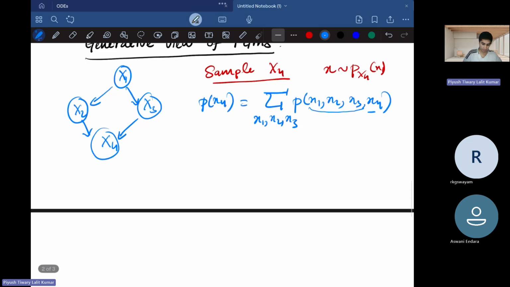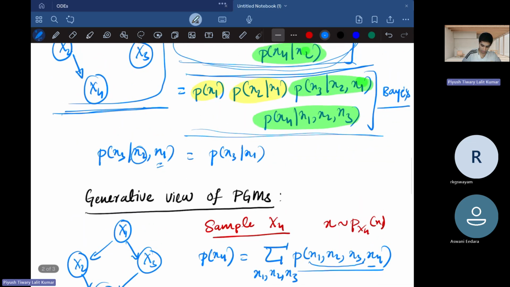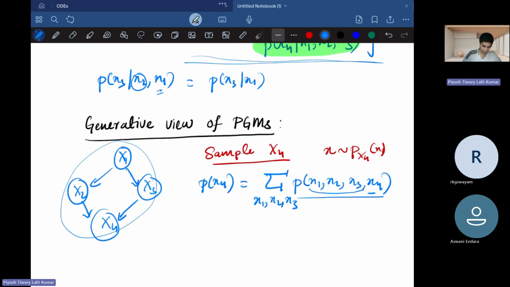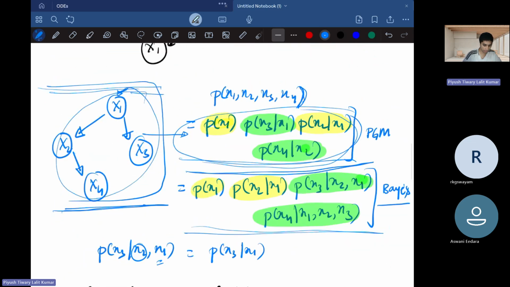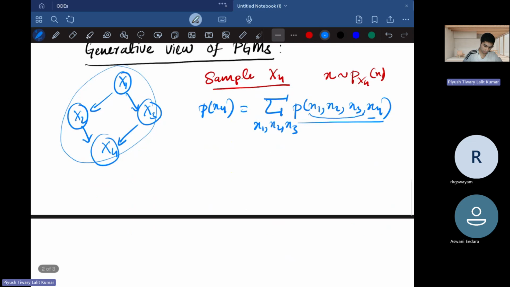Now you have the joint distribution here, and this is what is interesting, because once we have this joint distribution, we can exploit the graphical structure, what we talked about here, to write a nicely decomposed form. So you can basically write this as summation over x1,